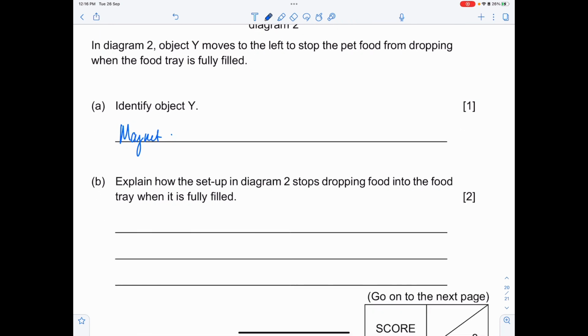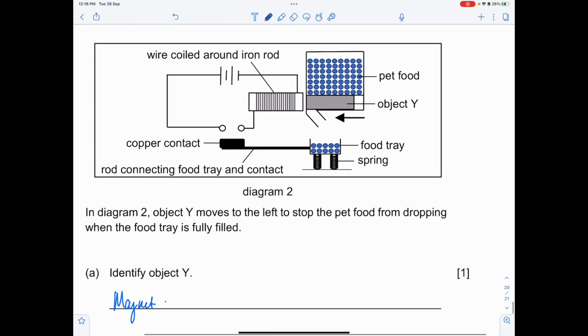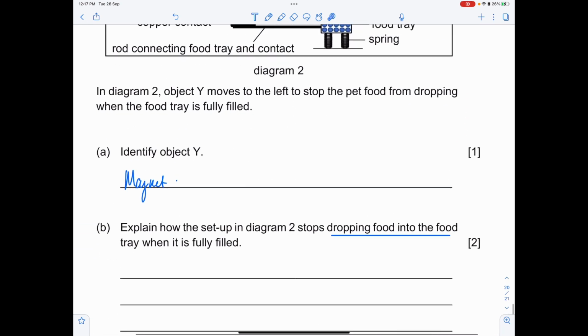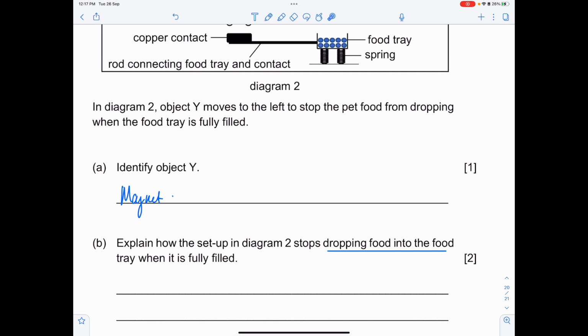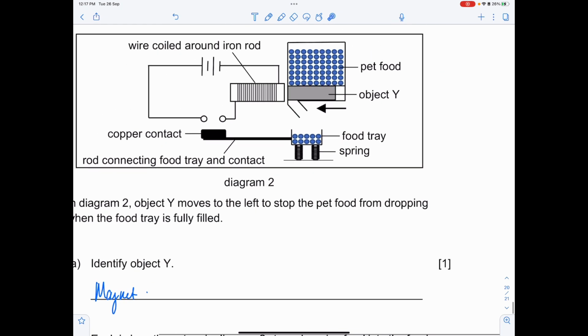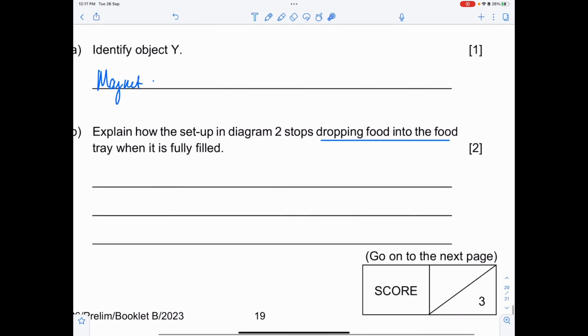Explain how the setup in the diagram stops food from dropping into the food tray when it is fully filled. So in this case, it is not about closing the circuit, it's about breaking the circuit. So once again, use CEO to help you answer this question. So C stands for what? Close or open your circuit. E stands for whether electric current can flow through, and O is what's the outcome. So obviously in this case, your outcome is that you need object Y to be attracted to your iron rod, and that seals off the gap that was previously here. Okay, so you would say that